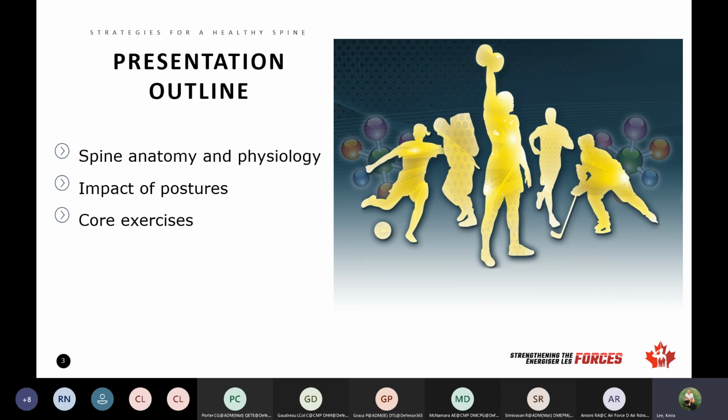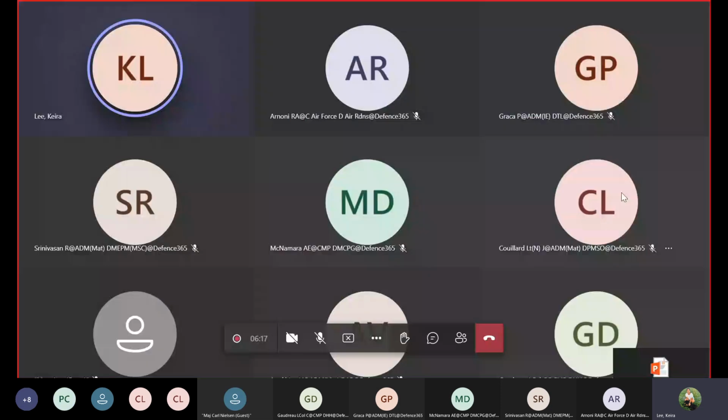With regards to today's content, we're going to start by taking a look at the anatomy of the spine and its structures, and then we're going to talk about different forces that